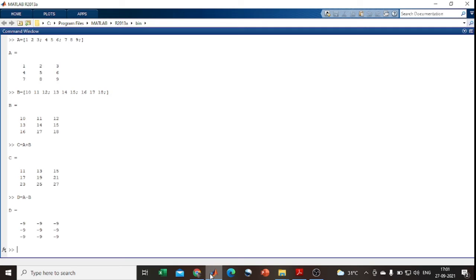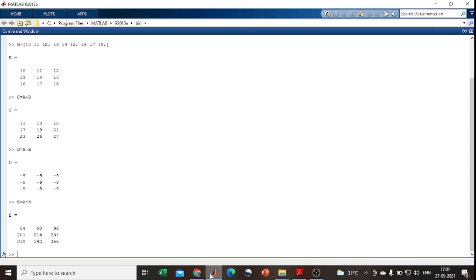After that, how can we use the multiplication operator? Here I use the variable E for multiplication. E is equal to A, the star symbol, the cross symbol, after that B. From this I get A cross B. Okay, after that, what operator can I use for division?